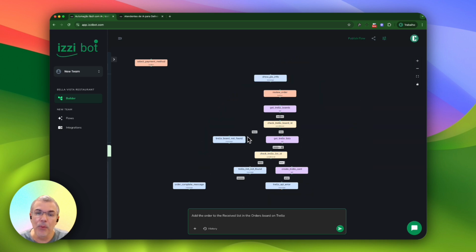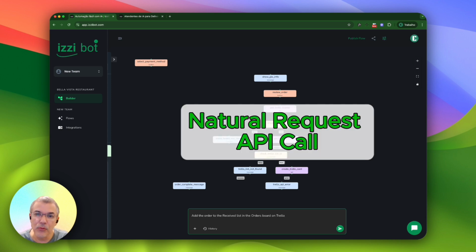This is not a component that knows how to connect with Trello. This is the large language model knowing how to perform the user's requests and how to generate the needed API block. This is what we call natural request APIs. Imagine how fast we can incorporate them into EasyFlux without the need to create a whole set of code like the connector code, the UI to configure the API, the workflow tool, etc.